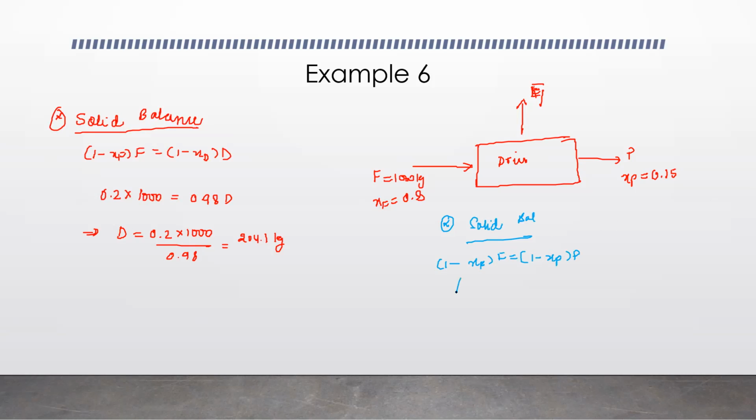So this is going to be 0.2F is equal to 0.85P. All right. So from here we get P is equal to 0.2 into 1000 upon 0.85. All right. So this is equal to